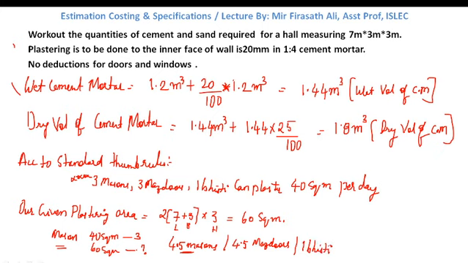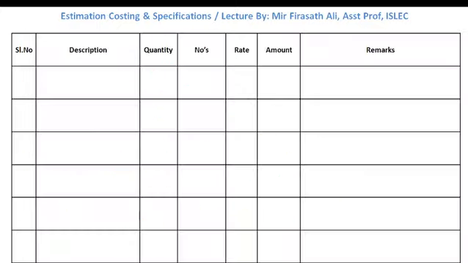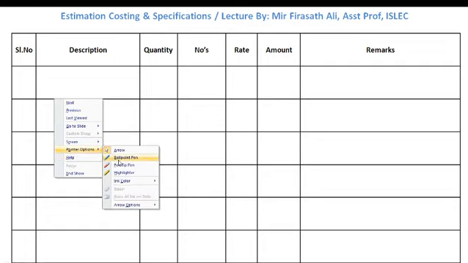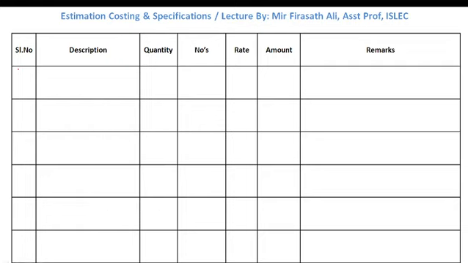Bhisti is enough for us. So let us include all these details in a tabular format. Okay, so this is the table. In the description, what we are doing? In the description, let us write the given things for us, that is cement plastering,